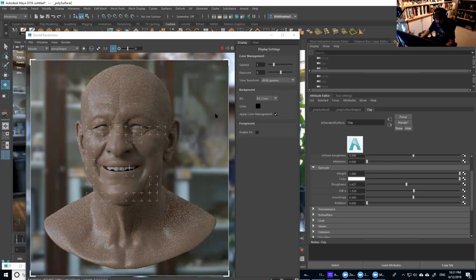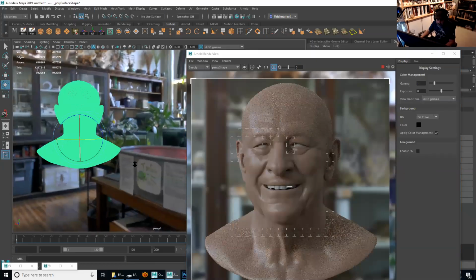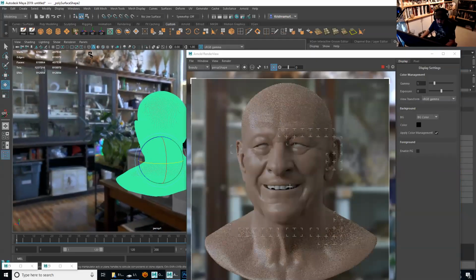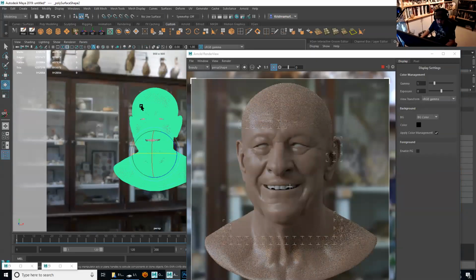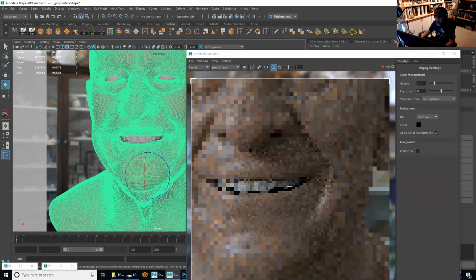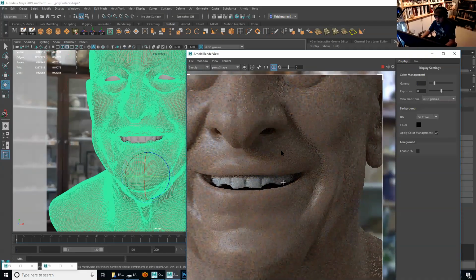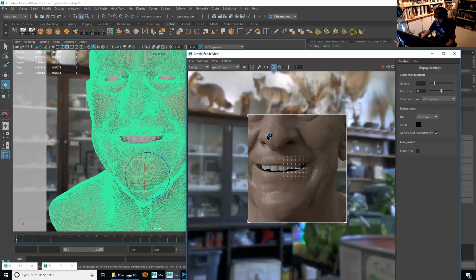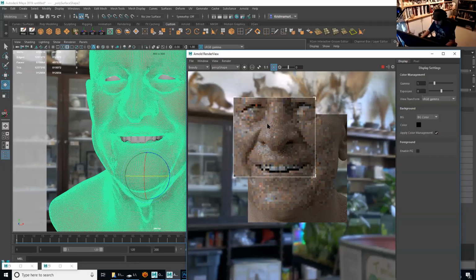And then here, let's play with the subsurface a little bit as well. You're gonna open a little window here, and maybe we can zoom in into his face. Oh, not this camera here. Let's zoom in into his face, just introducing you guys to the shaders here so you can do some renders, so you're not waiting for me. So let's just lock into this area right here, maybe a little bit of the eyelid, something like that.